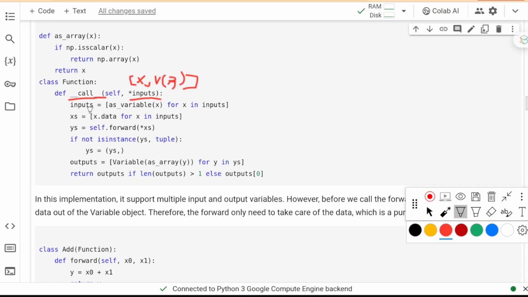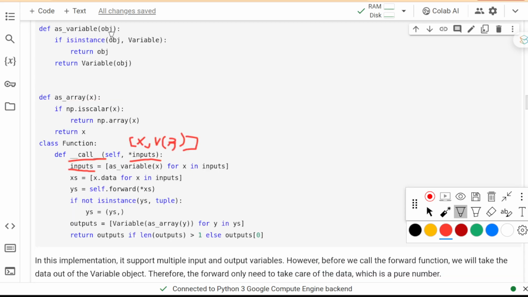So after this line, all the elements in the inputs will become variables. The implementation of the function is actually here. We will check if the object is a variable object or not. If it is a variable object, we just return it. If it's not, we convert it into a variable object.